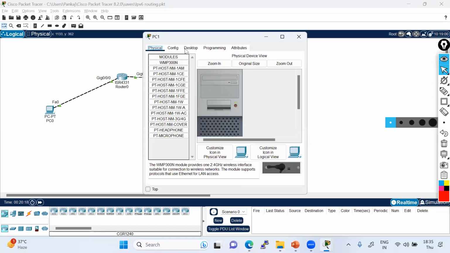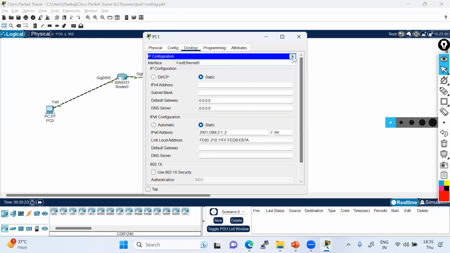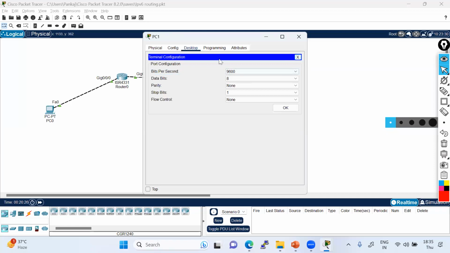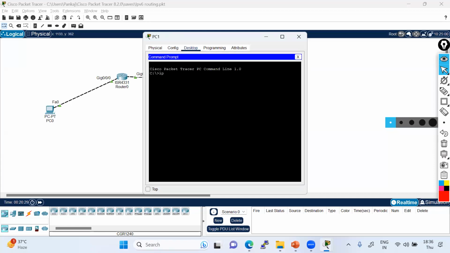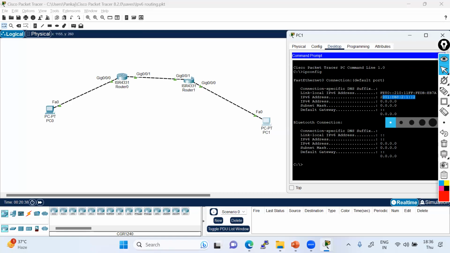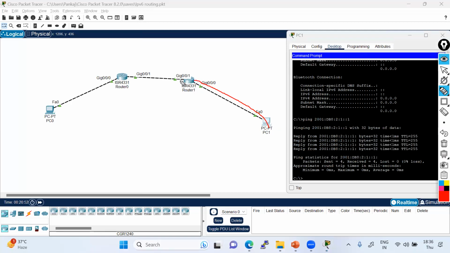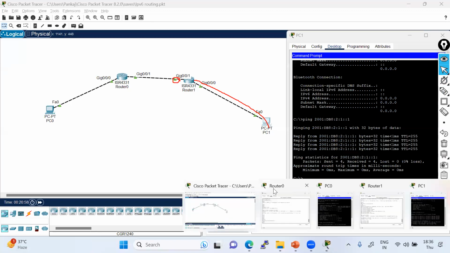Okay, so if I go here, desktop, IP config, so this is the IP address. In this PC, this 2 is defined here, 1 is defined here. So let me just ping dot 1 first. If I'm going to ping, see, this PC is able to ping this. But what is the IP address of this interface? We have a different IP address. Shall we ping that IP address? Let me just try it.